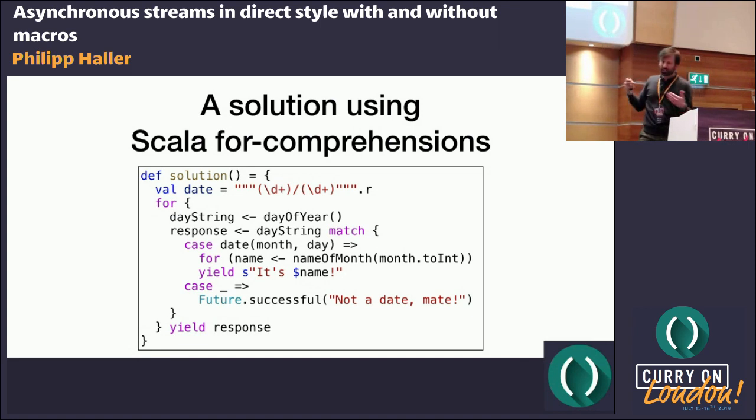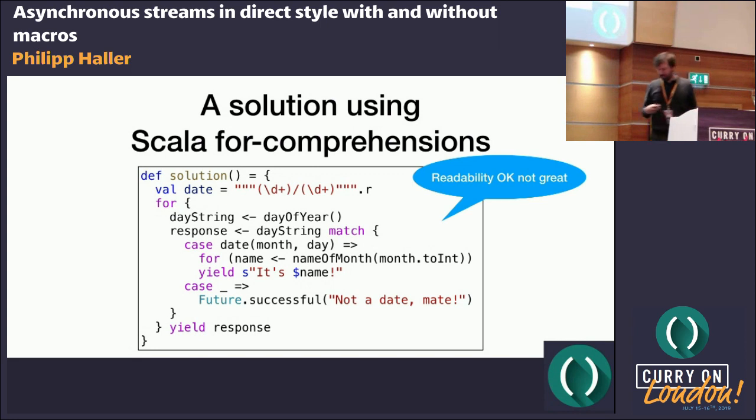And so what happens is, the for comprehension actually desugars to invocations of flat map and map. So this code is actually equivalent to the code I showed you earlier, but it's a bit nicer to write, because we can just write our future expressions, and these are their results once they're completed, and so on. So we can again write essentially this kind of sequential code. Down here, we even have a nested for expression, because we're actually producing a future based on the result of name of month, which is a future. And in the default case here, we can just create a future that's already completed with the default string. So this is an alternative way.